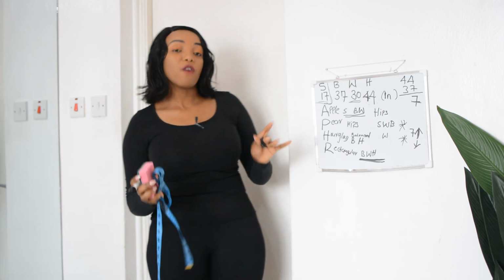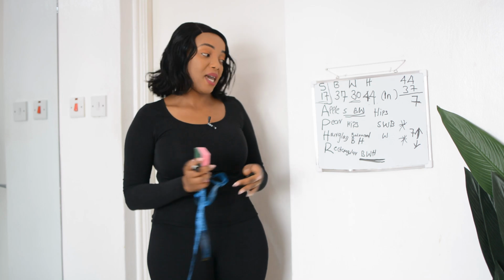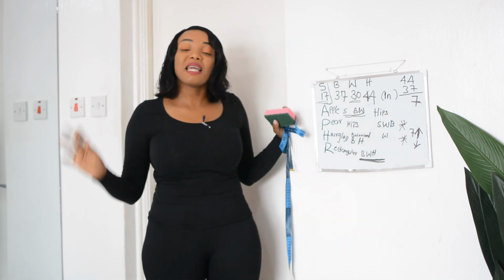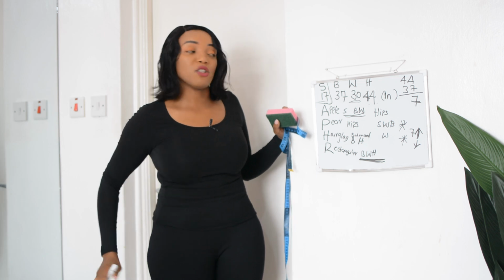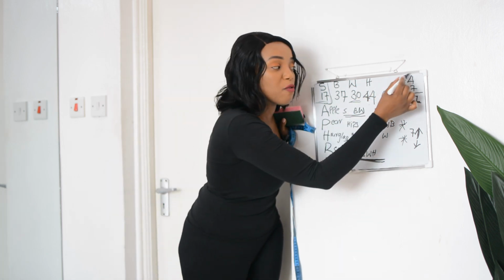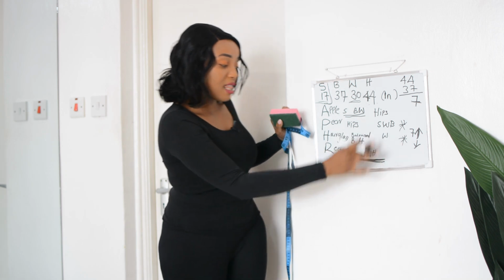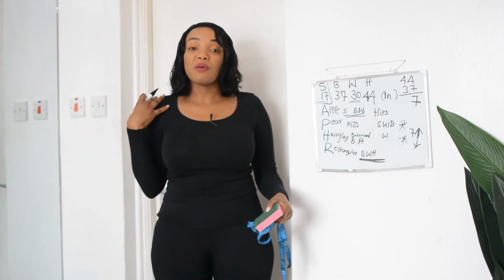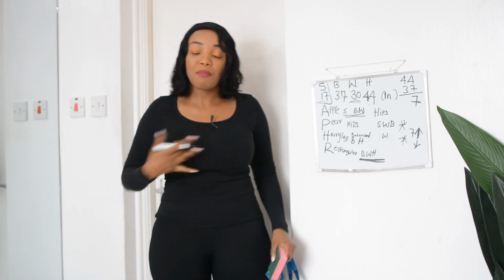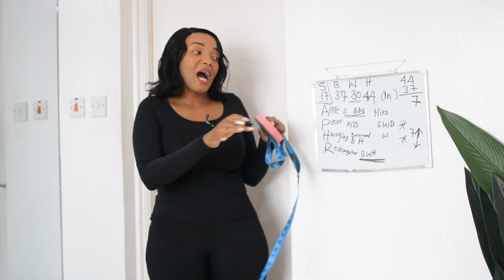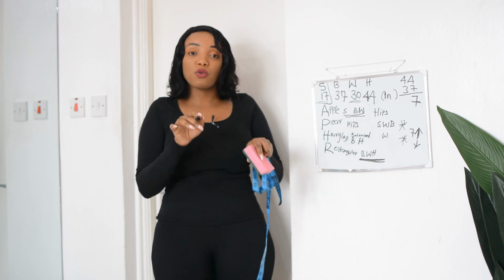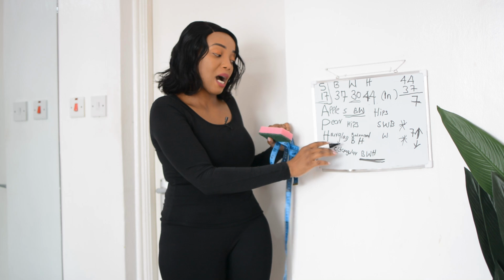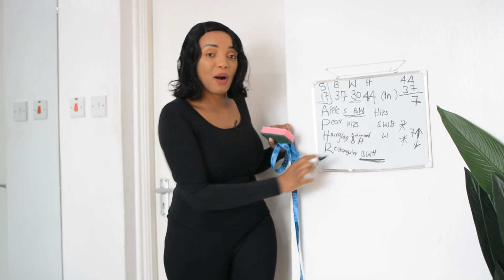So it's safe for me to say that I'm actually a pear. But in any case, if for example I reduced my hips and maybe my hips were like 43 and I had 6 here, then I would have fallen under an hourglass, because that means my bust area and my waist area will almost be the same when it comes to inches, or the difference will not be more than 7. So that makes me fall under an hourglass.